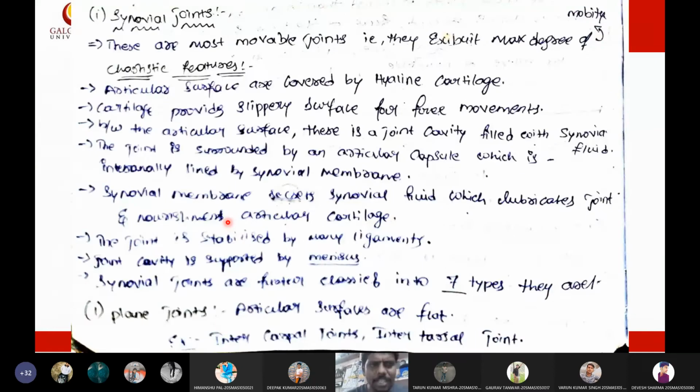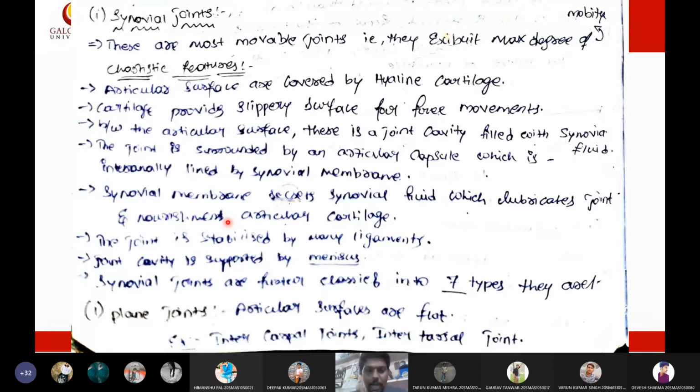So there are certain characteristic features for synovial joints. All synovial joints are enclosed within a capsule. These synovial joints will have synovial fluid. They are always layered by a layer of hyaline cartilage, and they have a layer called synovial membrane. So the presence of these parts is unique for synovial joints. And obviously both the bones of the synovial joints are interconnected by ligaments and muscles. Many ligaments will be present in between.